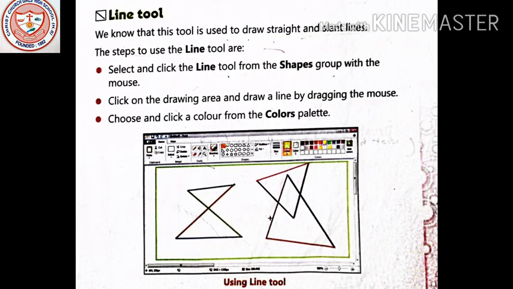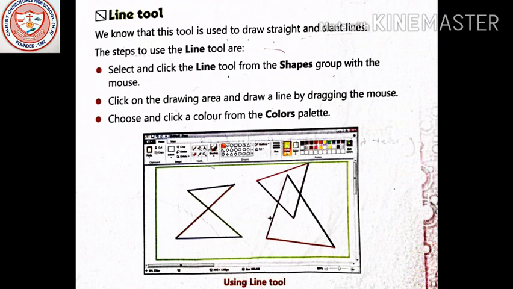Now see the line tool. With the help of a pencil tool and a line tool, you can draw in the same way. But with the pencil tool, you cannot draw an exactly straight line. Sometimes it bends, it breaks, it happens.